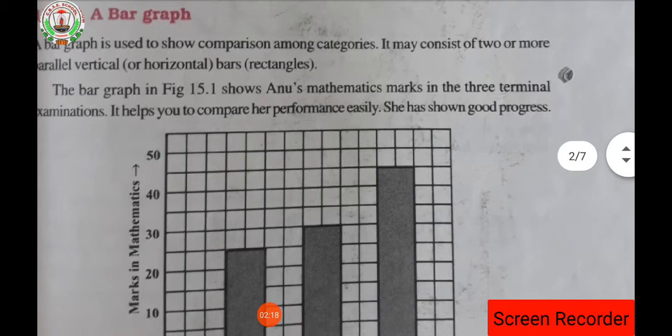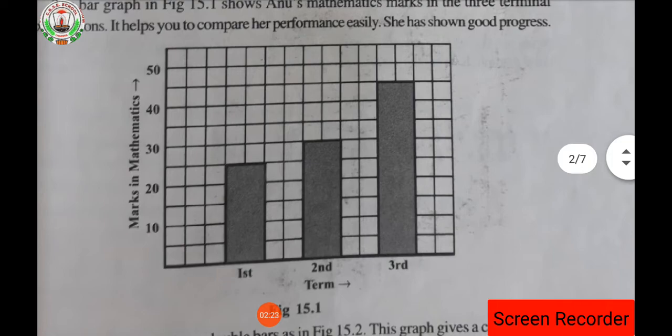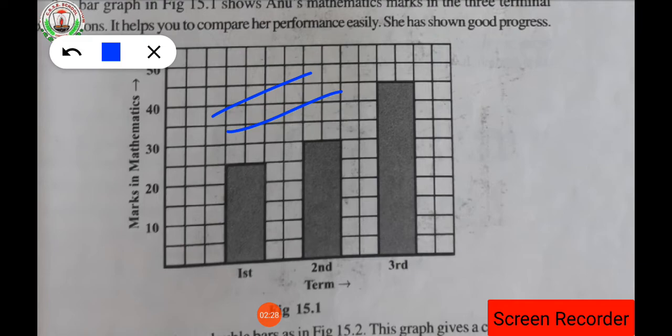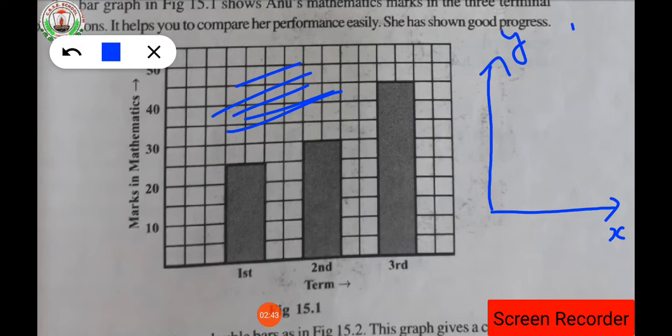So the first graph is a bar graph. Everybody knows how to draw a bar graph, isn't it? A simple example and a figure are given, and I will just explain it once more. This is the graph paper. Whatever boxes you see, this is graph paper. How to draw a graph on graph paper I had already taught you. This one is the x-axis, this vertical line is the y-axis. At the top we are going to write the unit, and this is the origin O.